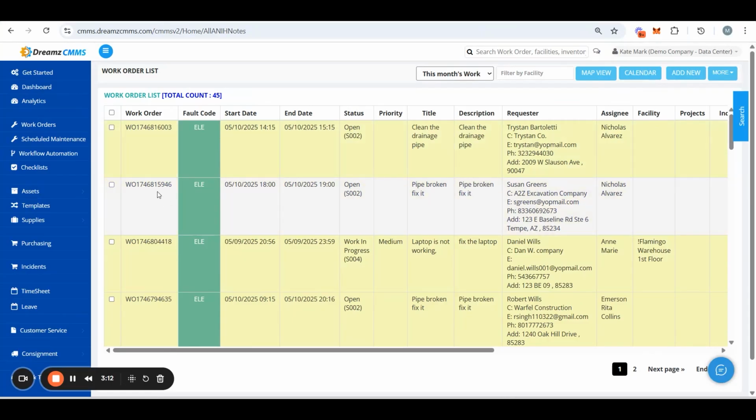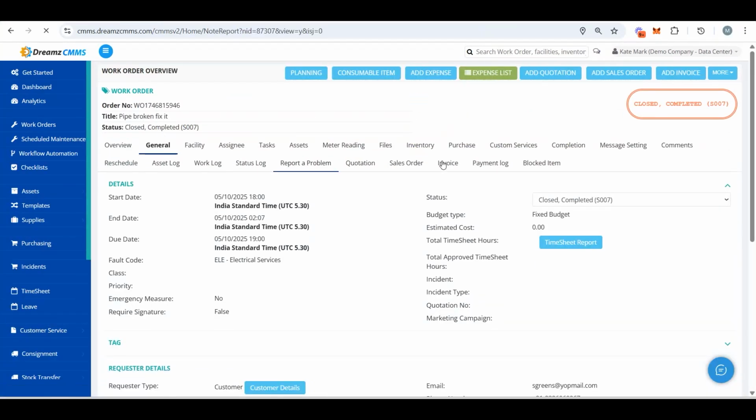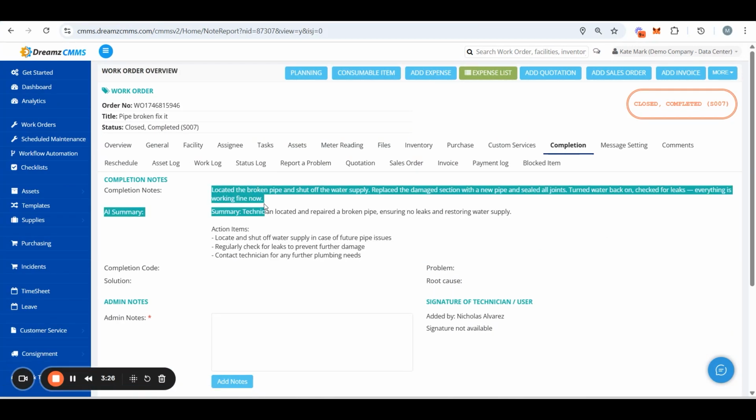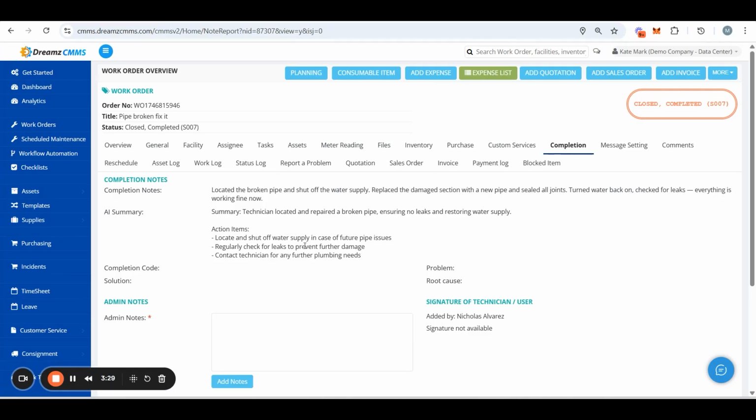Now let me navigate back to the work order list. Here, you will see the job just completed with the AI-generated summary reflected in the details. That's how easily technicians can generate smart, structured completion summaries using AI, making every job wrap up faster and more accurate with